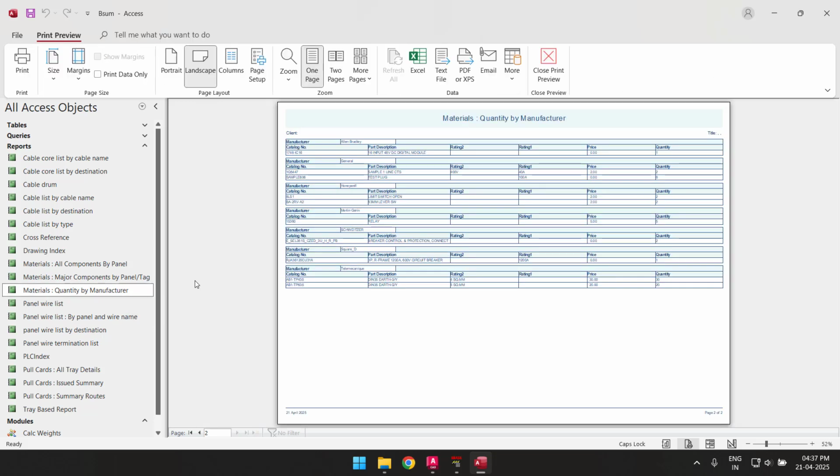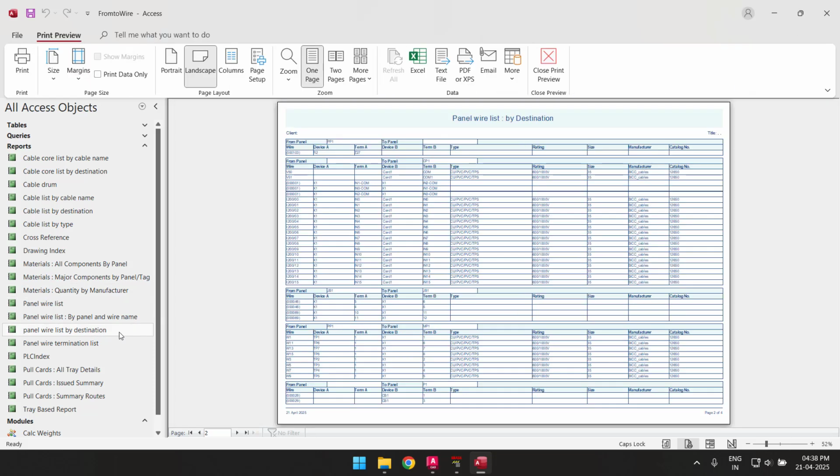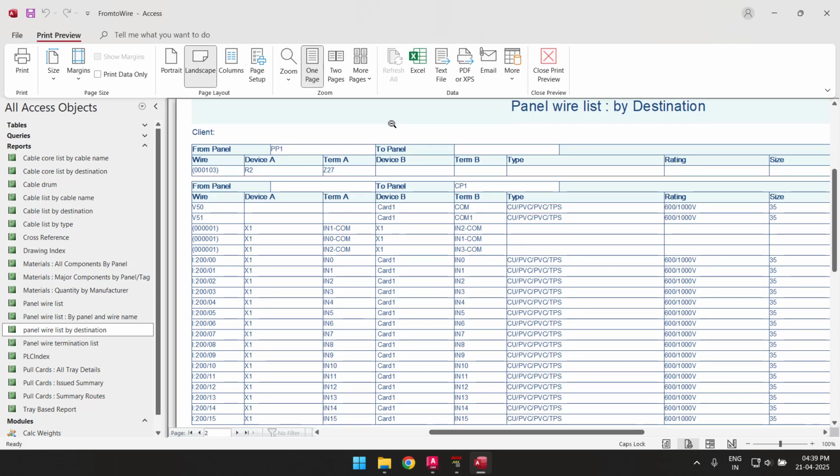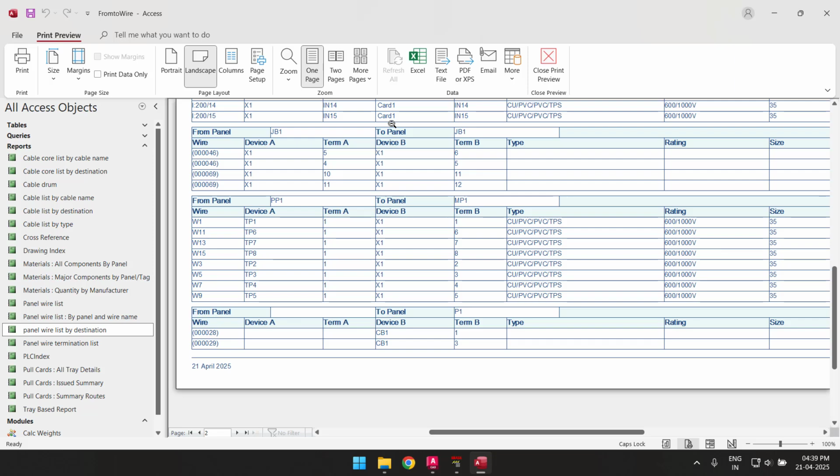The next report I will display is the Materials Quantity Summary Report. I examined the unformatted version of this report earlier. A point-to-point panel wire list is provided in the EDS reports. This is useful for panel manufacture. Your wiring team can fabricate from a wire list more easily than searching through your schematics.